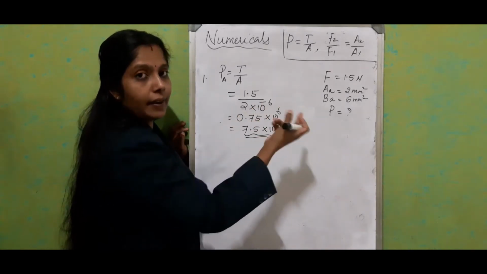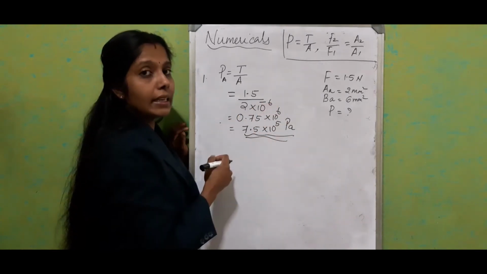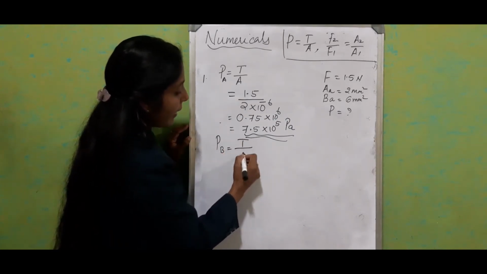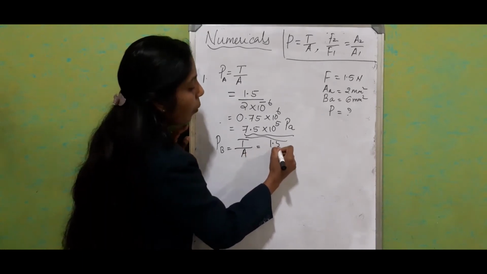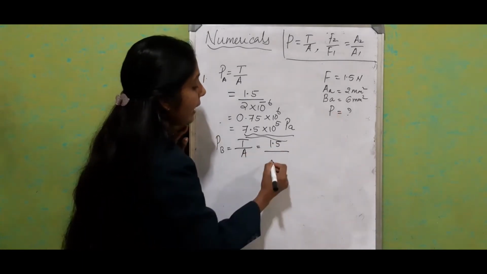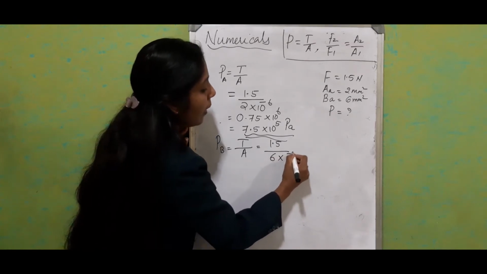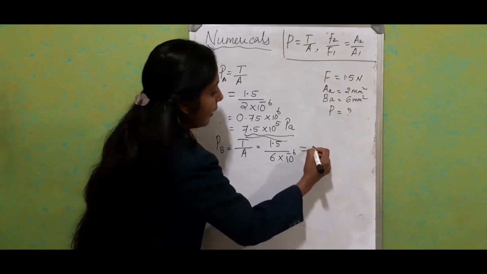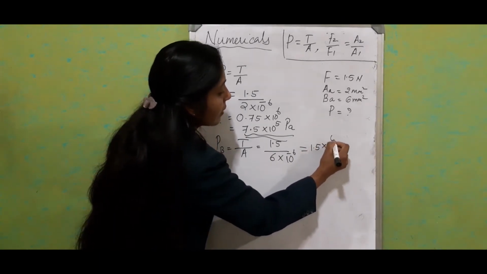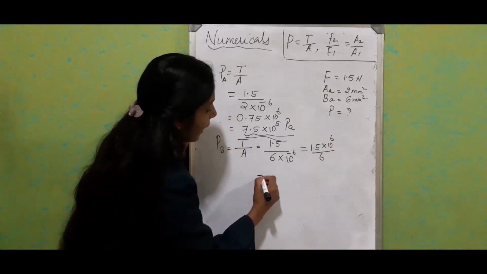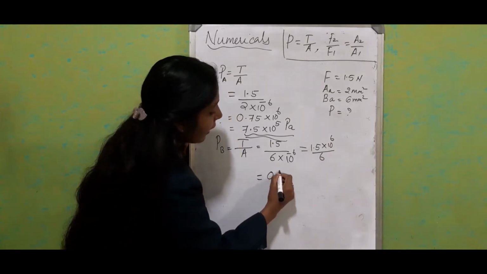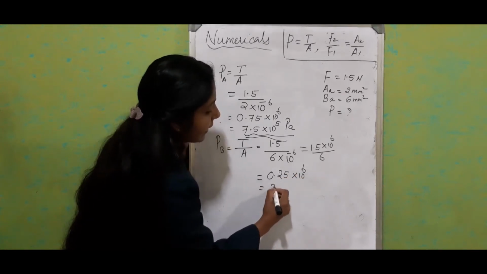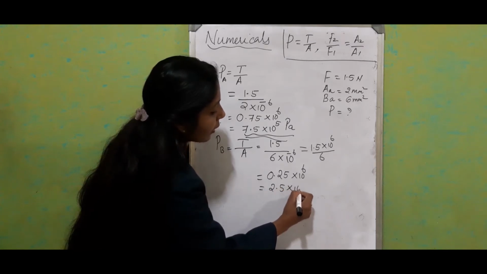Same way we will find out the pressure experienced at the head. So PB is also equal to thrust divided by area. Thrust is the same, 1.5 divided by 6 into 10 to the power minus 6. So when we solve it, we will get 1.5 into 10 to the power 6 divided by 6. That is equal to 0.25 into 10 to the power 6, or else we can write it as 2.5 into 10 to the power